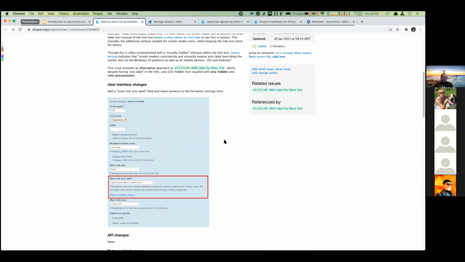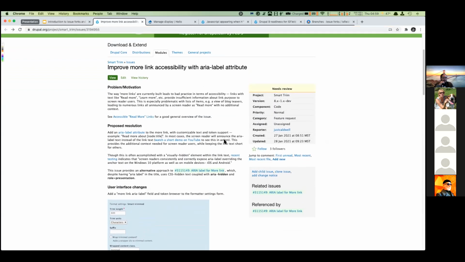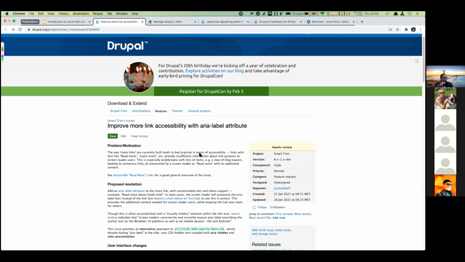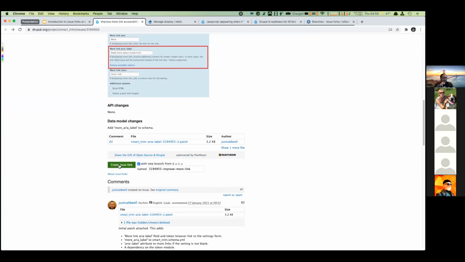And what we want to do is actually go ahead and this is how we're going to create an issue fork. Pretty much anybody, if you're signed in, down here you're going to be able to create an issue fork, and it gives you also the option to branch off of 1.x. I personally don't do that because in my workflow I will create my own branch for it. But basically what it does is it will copy the 8.x-1.x branch. I'm not even used to saying that anymore. So you just click on the create issue fork,